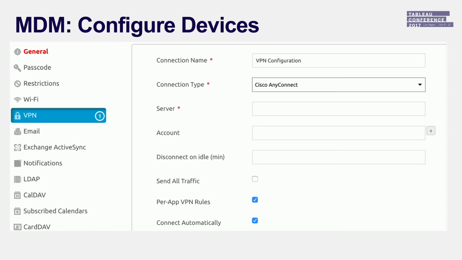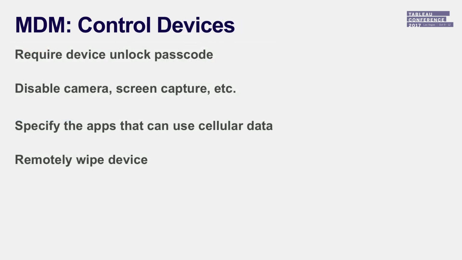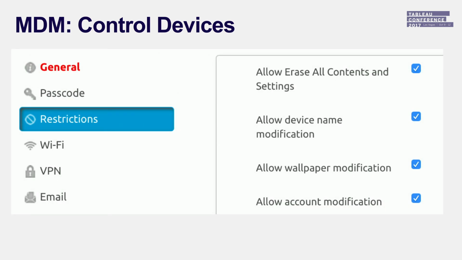So you can also control the devices as far as requiring that they've set a passcode, disabling cameras, screenshotting, things like that. You can set up so that when the device is lost, you can remotely wipe your company's data from it. So there's a lot of control you have over the device itself from an MDM solution. And then here's a sample dashboard from some MDM software of the different options you have for configuring the device